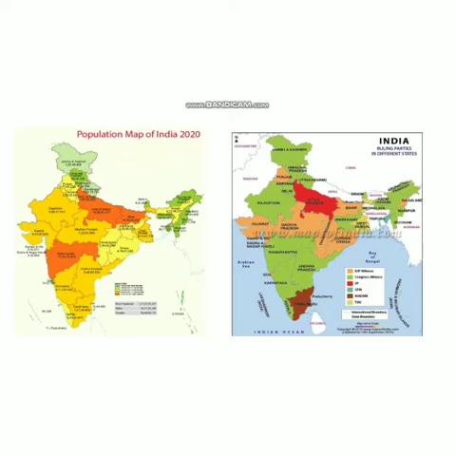Well, students, you can see here two maps of India are given. Well, on your left hand side, this is a population map of India. Here different colors are indicating population distribution in different parts of India. On the other hand, on your right hand side, this particular map is representing ruling parties in different states of India.